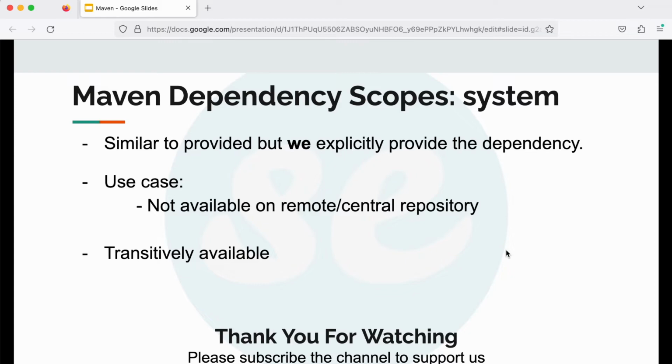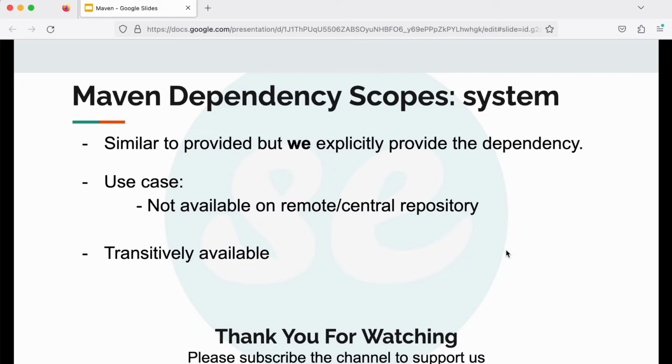Instead, we manually copy and paste the dependency jar file to a subdirectory in our own project, and then we provide the relative path of the dependency in our POM file. So the use case of this scope would be when the dependency is not available on the central or the remote repository, and it is also not provided by the web or application container, then we should use this system scope.